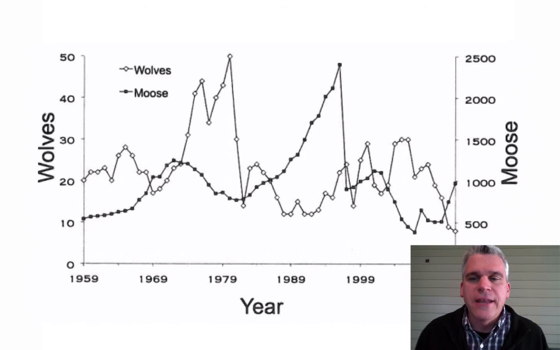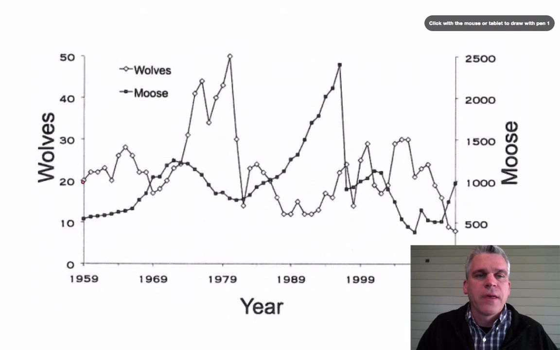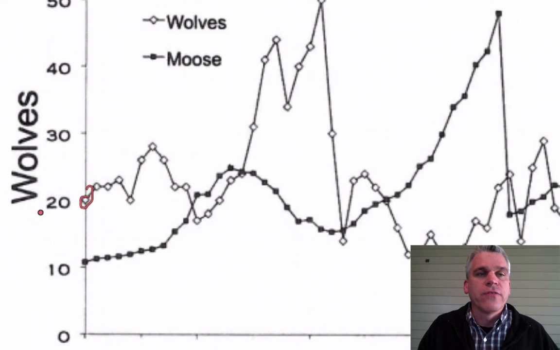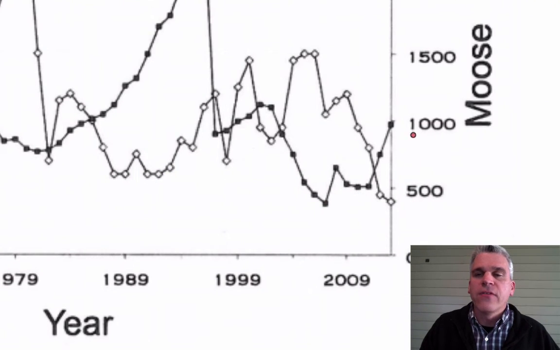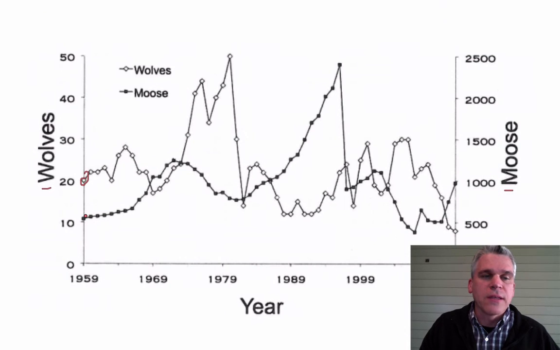Let's look at this data. This is from 1959, the year that the wolves wandered over to the island, all the way up through 2013. There were originally 20 wolves on the island. Now notice your y-axis here. We have 10, 20, 30, 40, 50. That represents the wolves. Over here we have 500, 1,000, 1,500. That represents the moose. So when we take a look at the moose in 1959, they were approximately 500 on